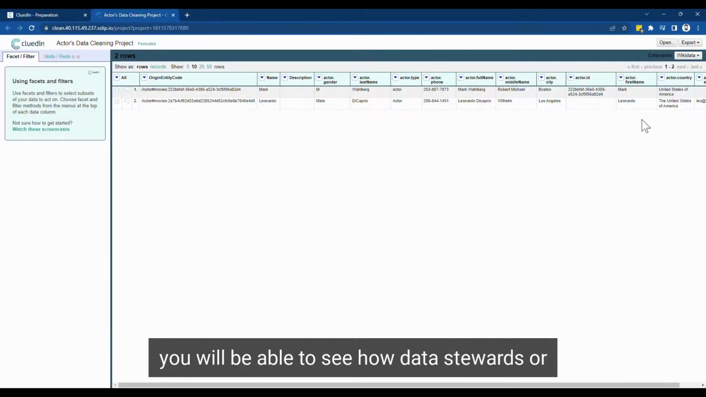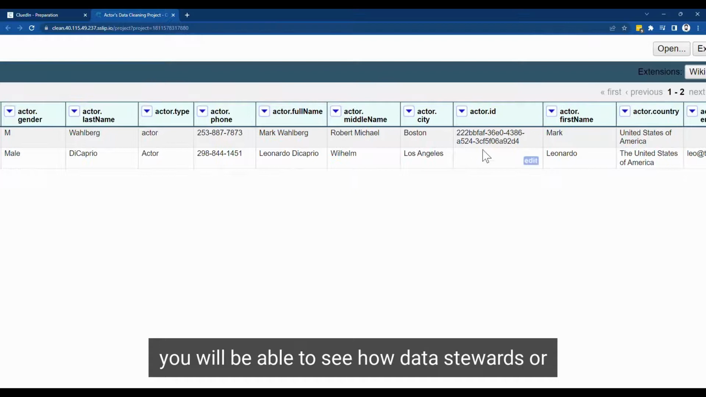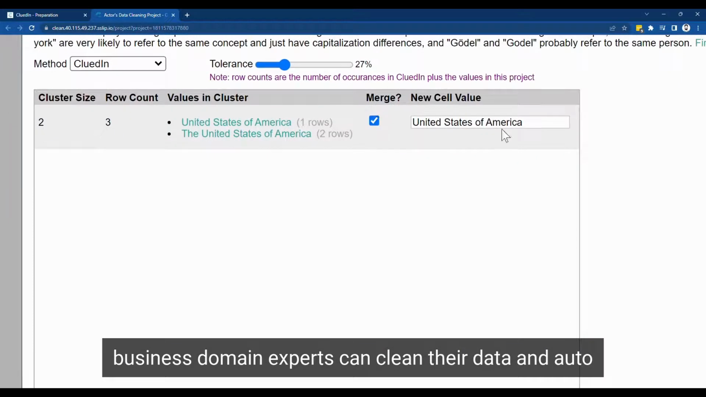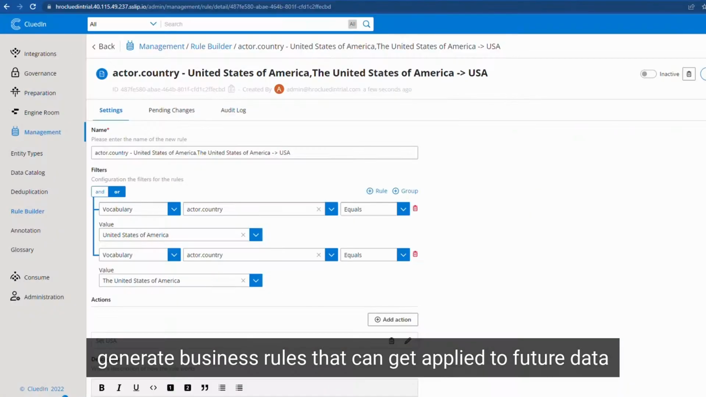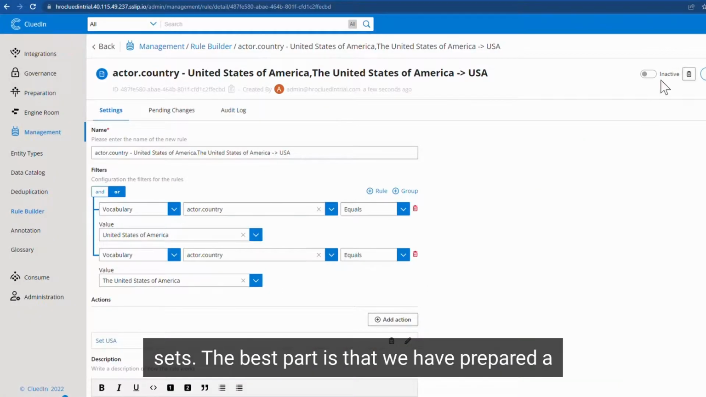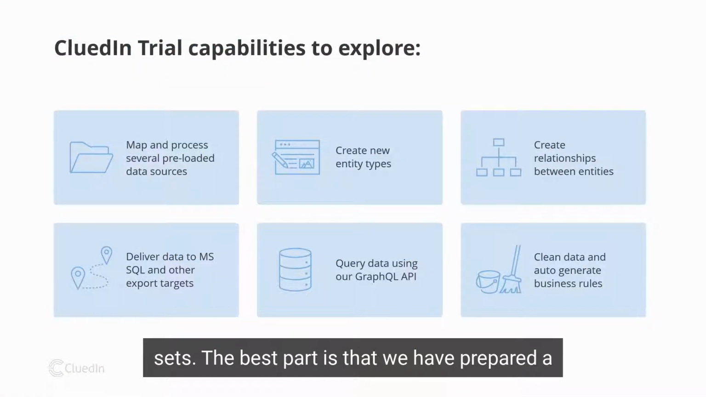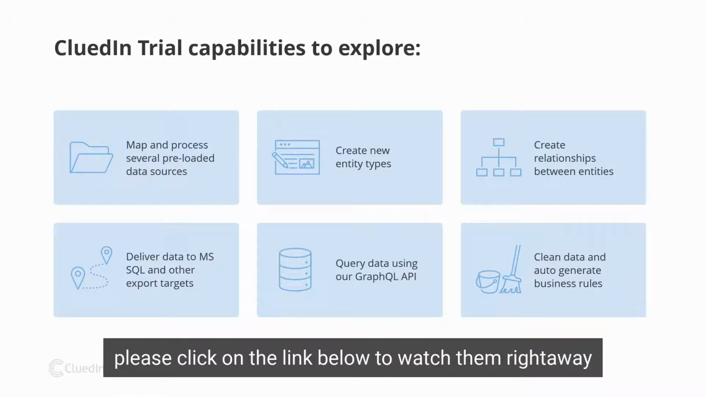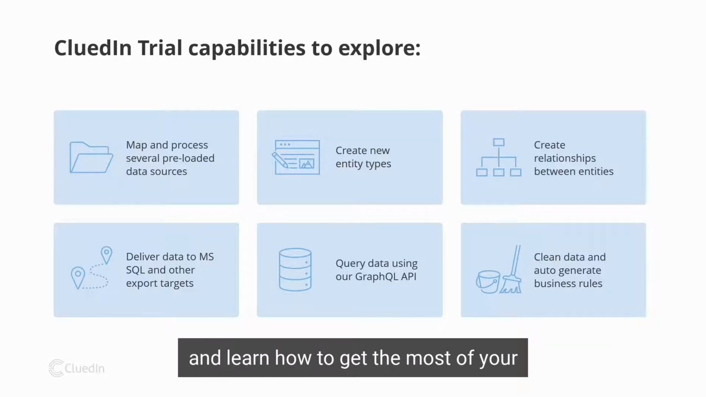And finally, you will be able to see how data stewards or business domain experts can clean their data and auto-generate business rules that can get applied to future data sets. The best part is that we have prepared a few videos to guide you through each of these capabilities. Please click on the link below to watch them right away and learn how to get the most of your